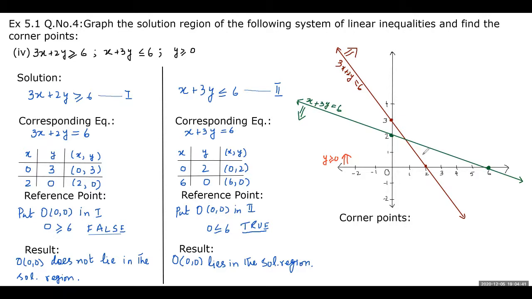And now we are going to shade the solution region of all these three inequalities collectively. Let's mention it first. You can see this whole is the shaded region for the first one. This whole is the shaded region for the second one. And then this is the shaded region of the third one. And when we find their collective region, what do we get? We get this region. Their common region is inside this small triangle.